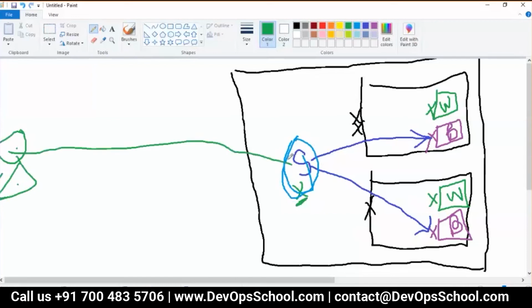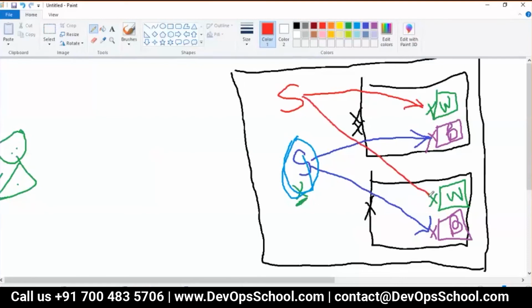But the problem here is we have people outside of the cluster, right? Who's the end user. So how can he access? This service cannot be accessed by the outsider. So we need one more service, by the way. So I'm creating one more service here. And this time this service will load balance this web front pod and this web front pod. This service will load balance web, and this service will load balance the backend.